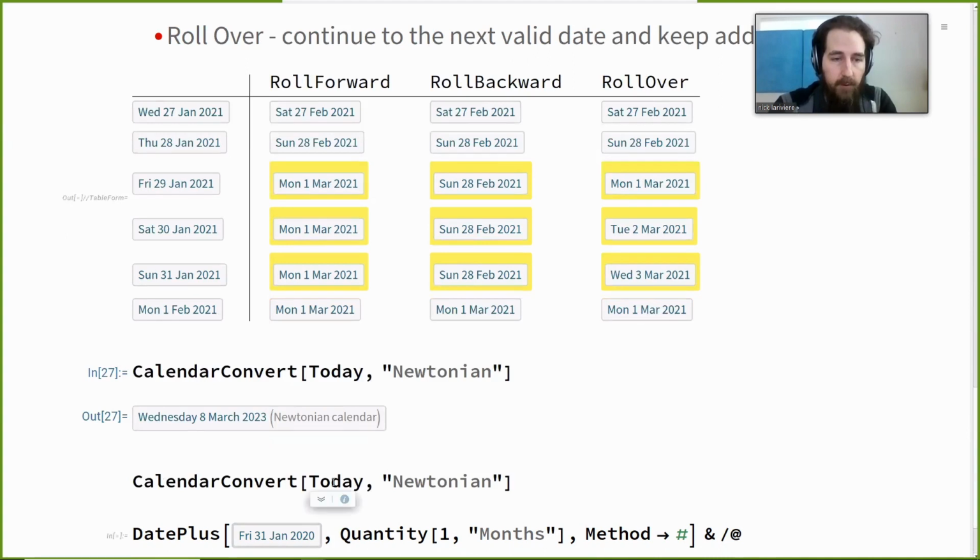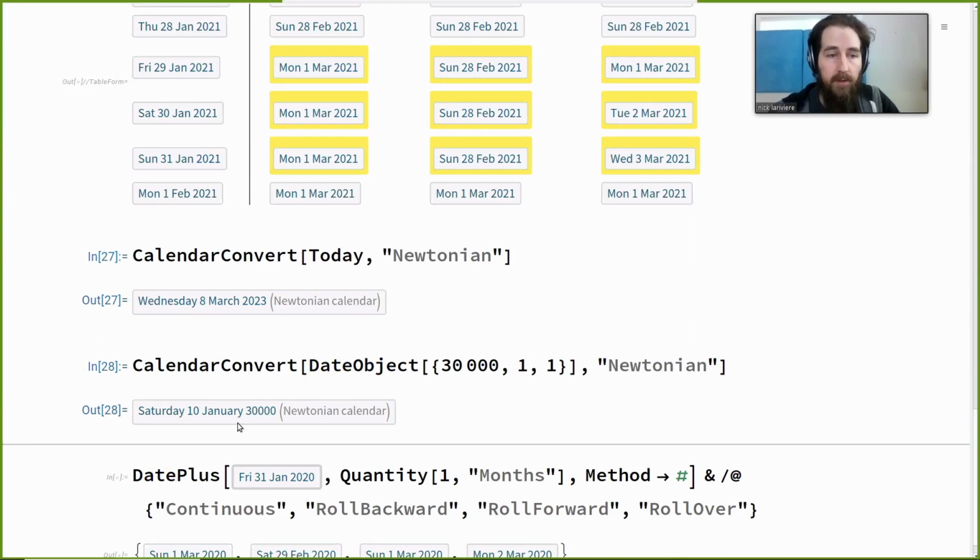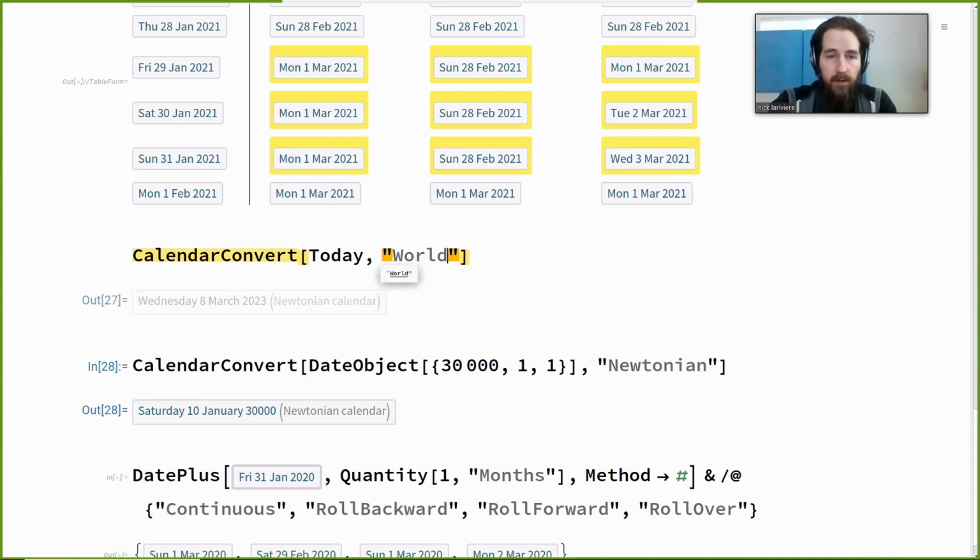But if we look at a far future date, say I have a date object and say I want this to be 30,000 years, the first day of the first month of 30,000 years from now, we can see that it's actually the 10th day of January, because the way the Newtonian calendar works is that there's every 4 years, except for every 100 years, except for every 400 years, but every few thousand years, there will be a double leap day, which will, over a longer period of time, be more accurate to solar cycles. People have also tried to do things like converting